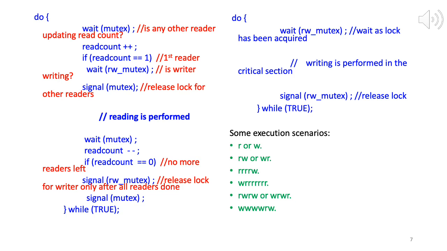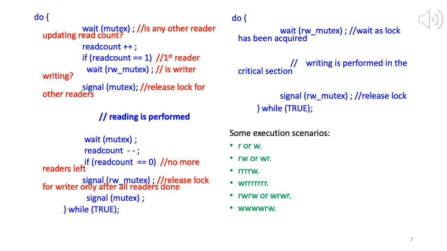Right. So you can have a scenario. Let's say the first reader acquires a lock. It does a read count plus plus. Now read count is 1, and now the second, third, and fourth readers come in. They also do that part, only one at a time, and now the read count value is 4. Now all 4 readers have to do minus minus, and eventually they do it one at a time, and from 4 we get 3, then 2, then 1, then 0. Of course this is one order, other orders are also possible.